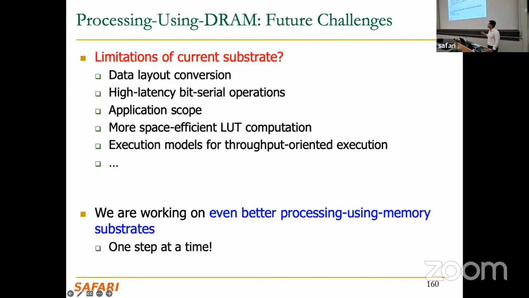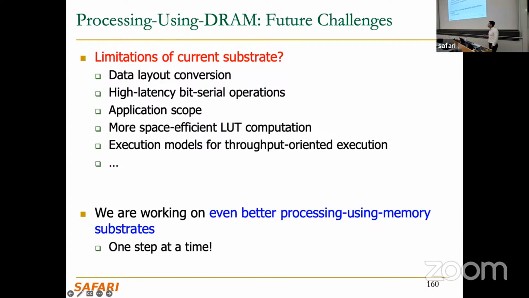Application scope is a big thing as well. So I personally try to be general purpose in my work. So you saw there is always a bunch of benchmarks from random benchmark suites, because I'm trying to go for the general purpose scope. But the fact is that the way that industry works is by killer applications. So we need to find what are going to be the killer applications for processing using DRAM architectures.